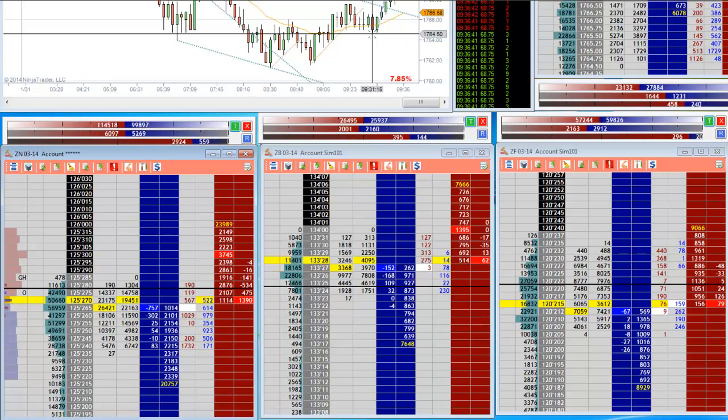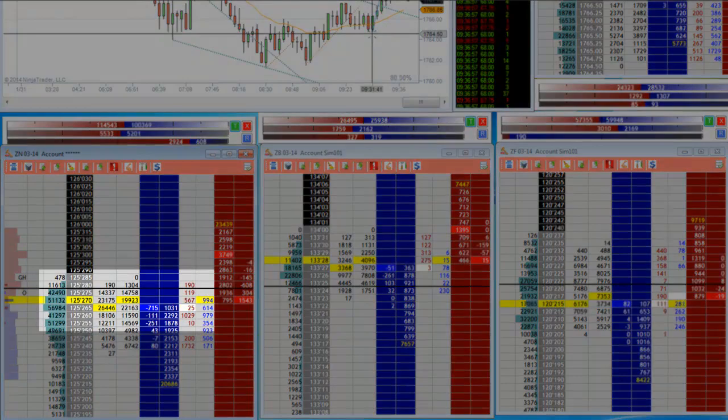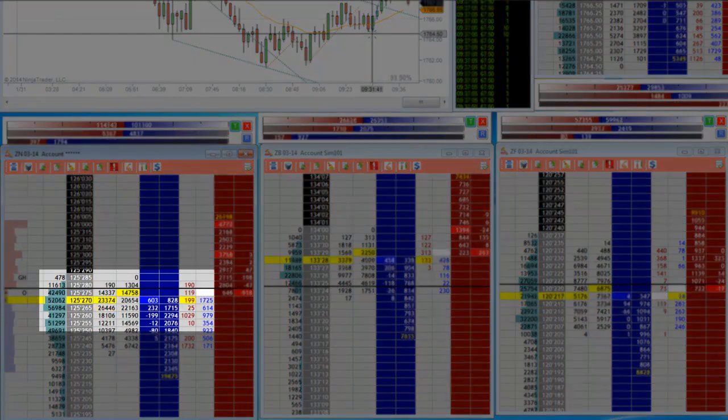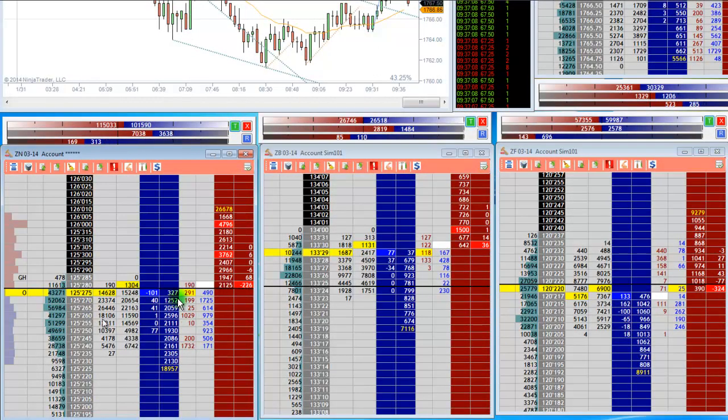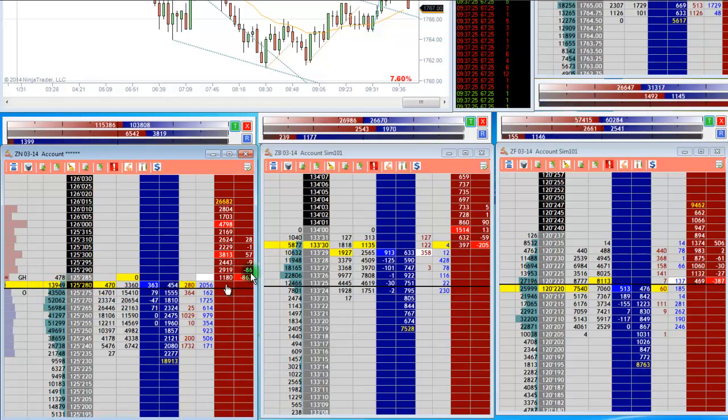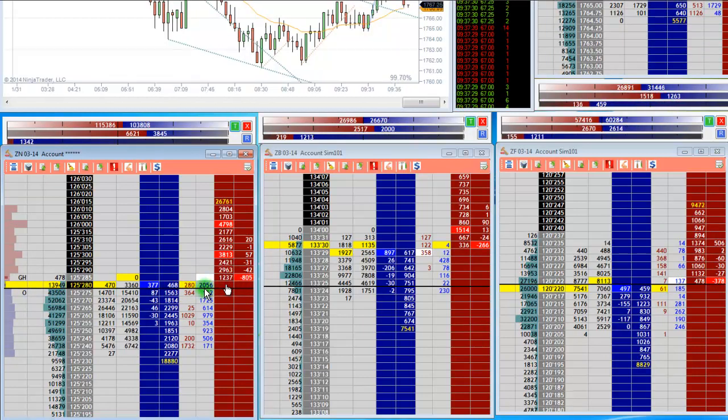But now you see ZN start to take a little bit of a shot up. You can see the buyers start to build up. You see 1725 printed there, 490. Now nobody wants 28 right now. They took 27.5. There's a big step, 43,500. They move up. They did take 28 on 2056,